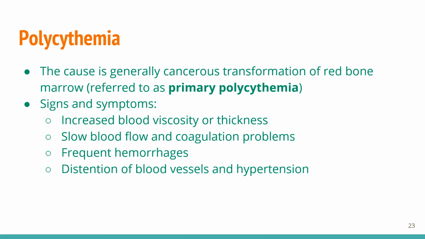Some of the signs and symptoms would be increased viscosity or thickness of the blood. So your blood's going to flow slow. You may have problems coagulating. Sometimes they give people aspirin to thin the blood. Okay, so that's going to lead you to have frequent hemorrhages. They use that as part of the treatment of this bone marrow condition, to treat with aspirin to help thin the blood. Also, you may have distension of blood vessels or hypertension. That could be another sign or symptom of primary